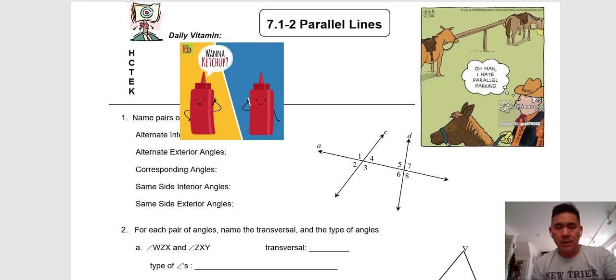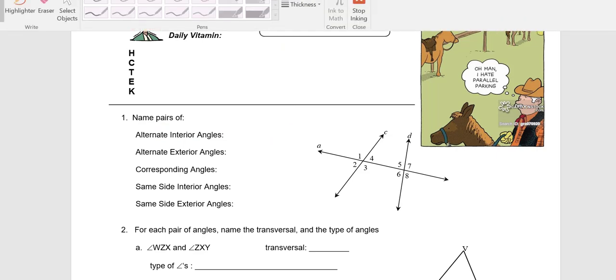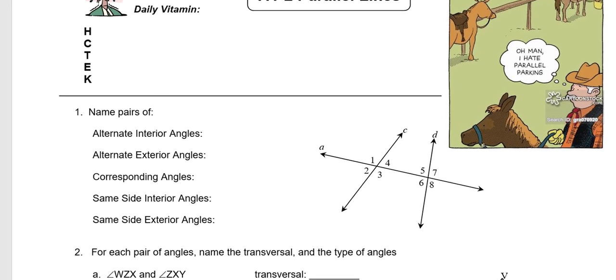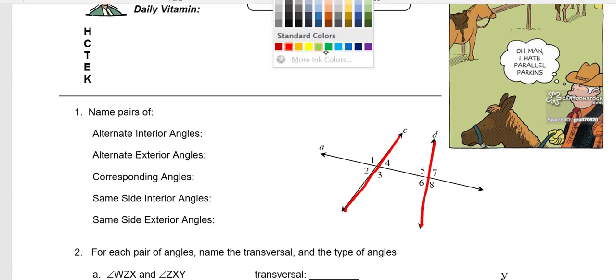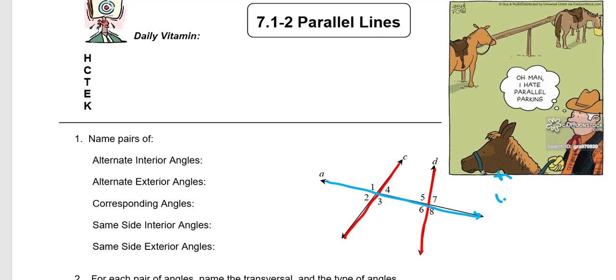So the first thing here is, when you're dealing with parallel lines, or actually if I have just two lines that are drawn, say this line right here and this line right here, and I intersect them with another line, this line, the blue line, is called a transversal. And when I have two lines that are intersected or cut by a transversal, I end up generating a whole bunch of